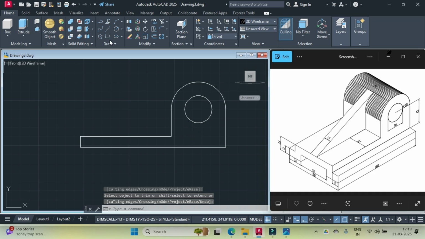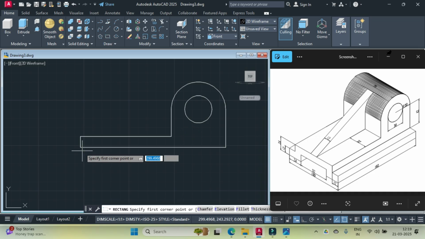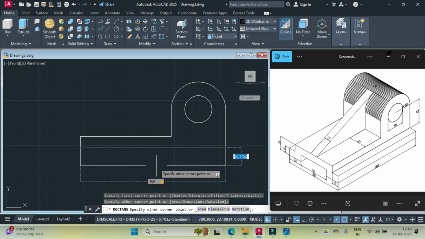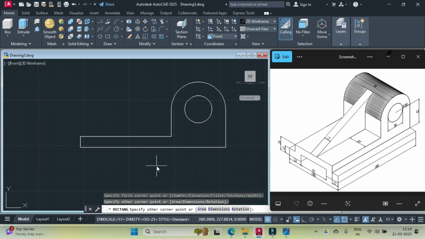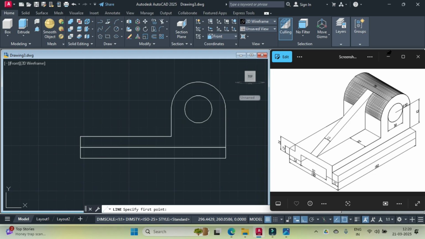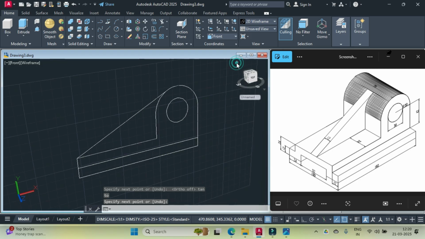Then we'll draw one rectangle. So we use rectangle, click over here. The length of the rectangle is 160, press tab and the height is 12. Finally we'll draw one line extending from here, turn the ortho off and tangential to this circle. Press enter. Then we go into the isometric view